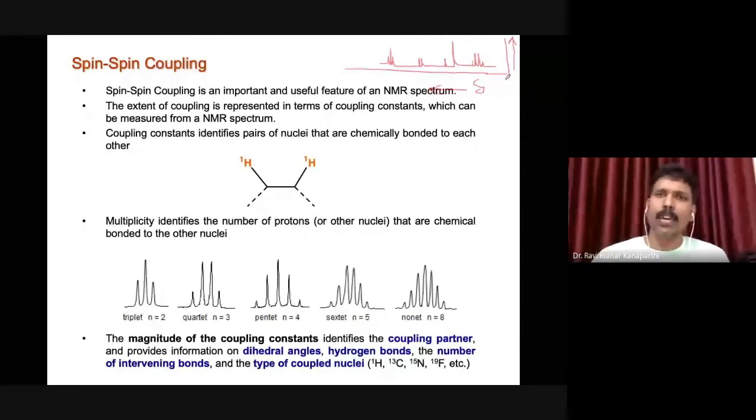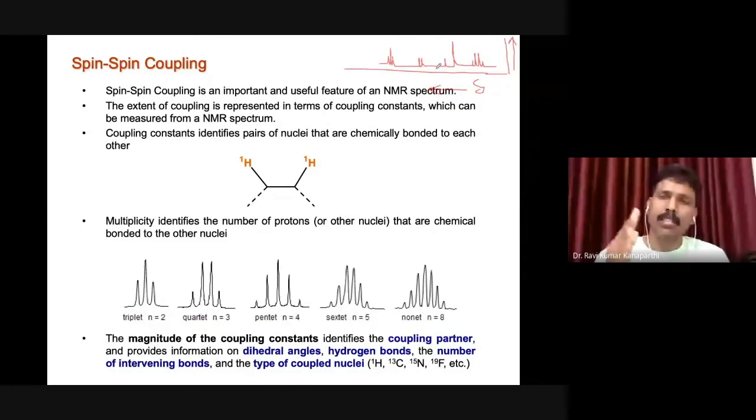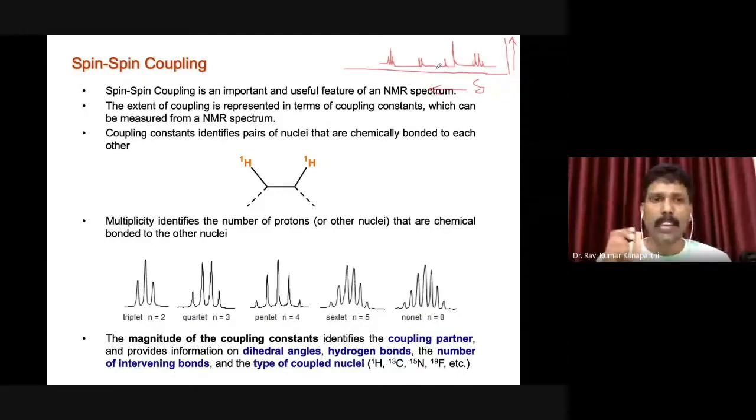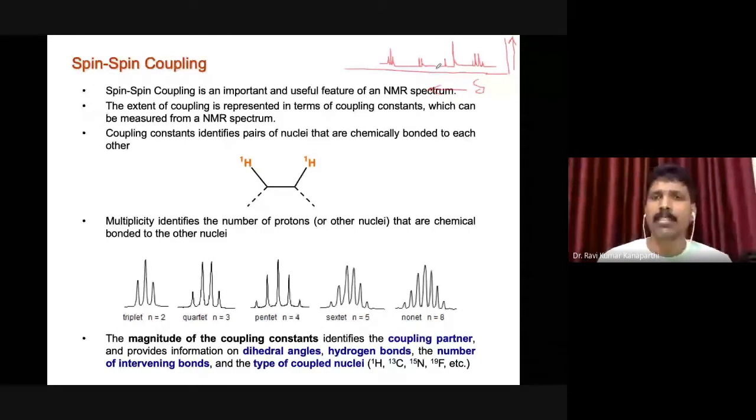We will set it. So all these NMR signals actually don't appear like a single peak. Instead, they appear as very closely spaced lines. This behavior we call a fine structure. So we see fine structure in NMR spectroscopy. NMR spectral lines are basically split, and then we see the fine structure. So what is the reason for splitting? The reason for splitting is basically that the spins interact. Magnetically active nuclei spins will interact.